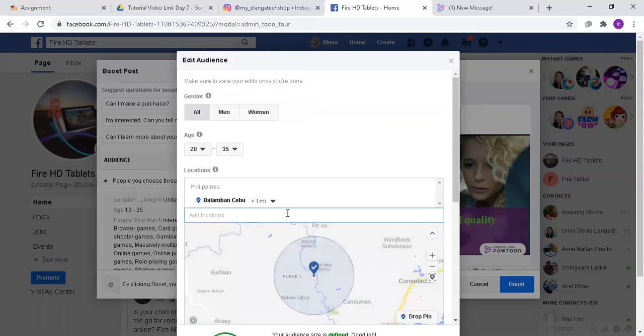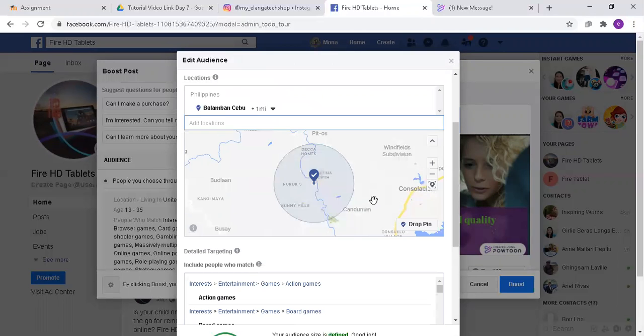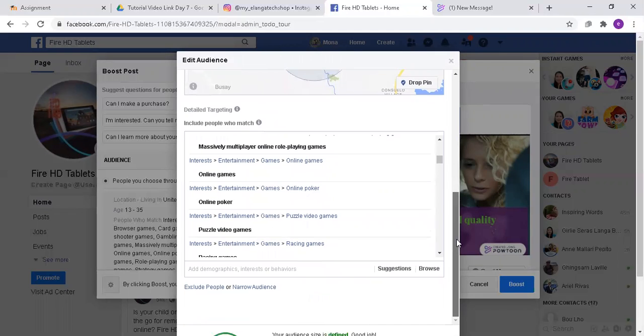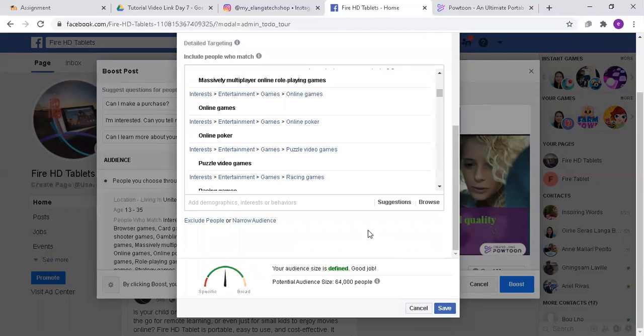Okay, so this is it. Upon checking below, the estimated potential audience size is 64,000.